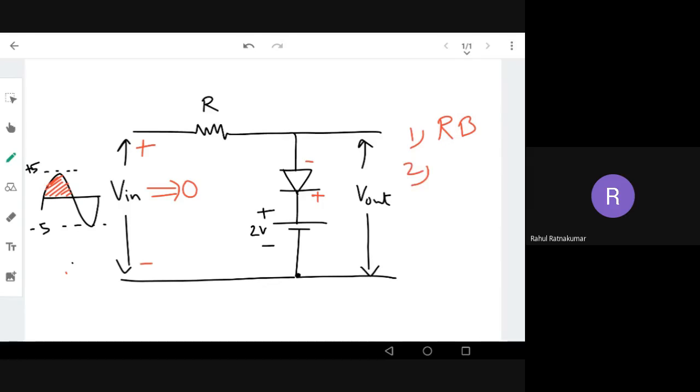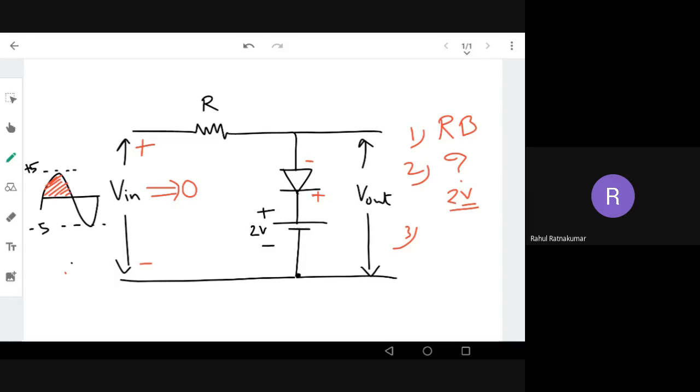The second point is, how much reverse bias is my diode? You will get that it is 2 volt reverse bias. What that means is that right now the diode is off. Even if my anode is given up to 2 volt, it still remains in reverse bias, which means it remains in the off condition, till the anode is given 2 volt. That is the definition of reverse bias.